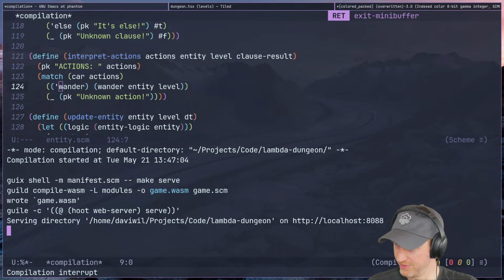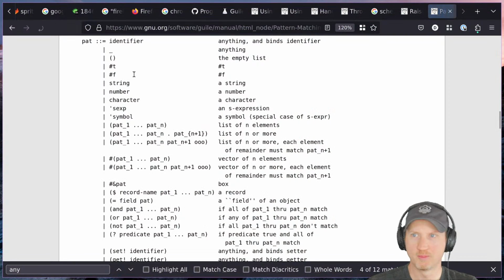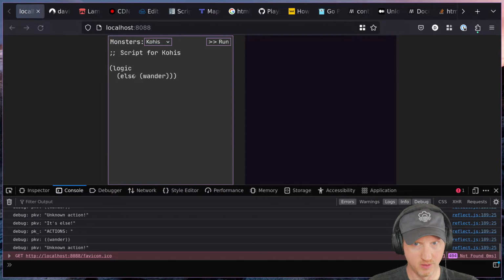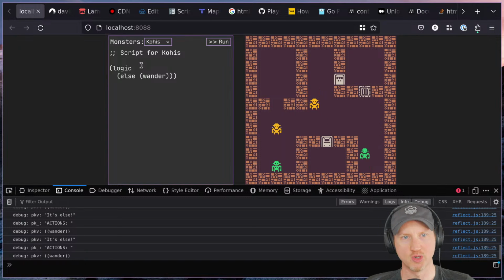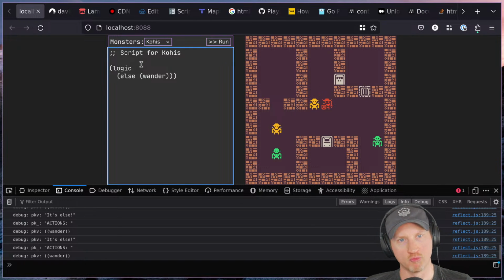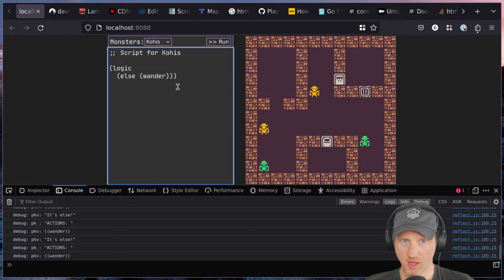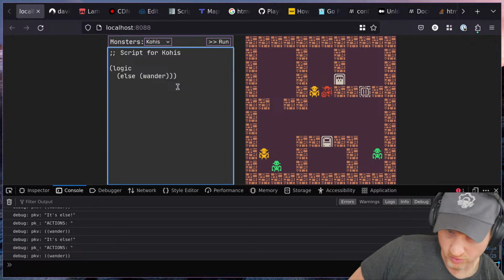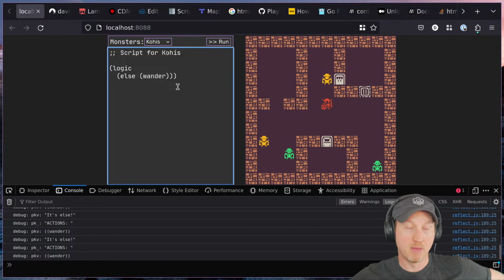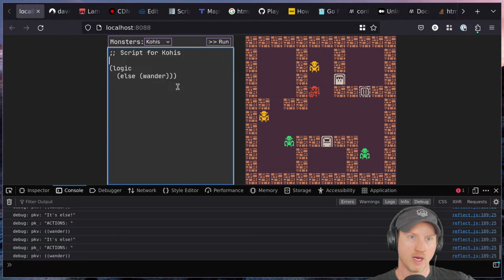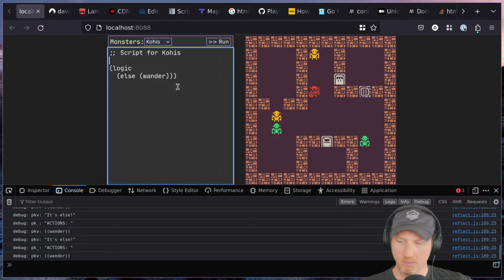Come on. All right. Oh, wrong tab. Let's go back here and do this again. Hey, they're wandering again. So we have basic scripting now where we can write the essential logic, or at least the flow of the logic expressions. But now we need to start implementing some more interesting predicates. So things like being able to